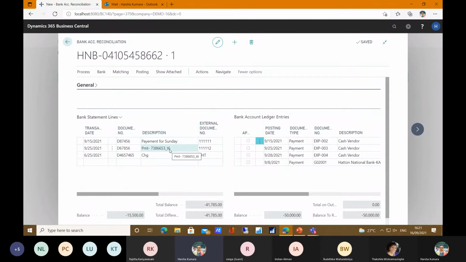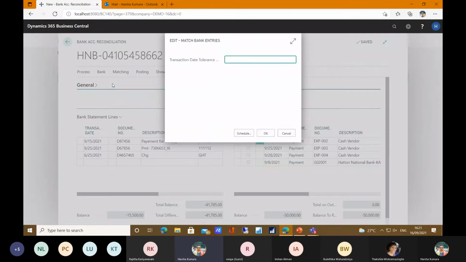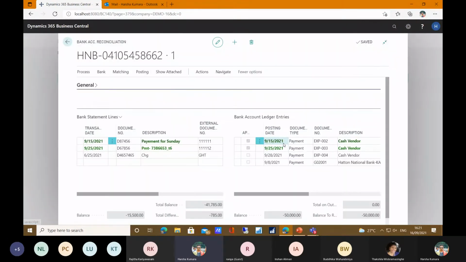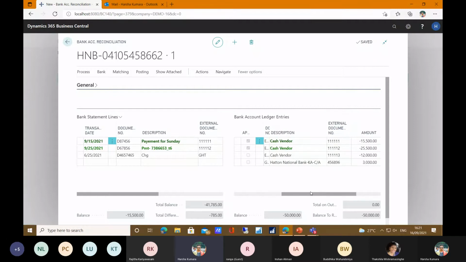Once you have imported the bank statement, we can see a button called match automatically. We have to click that one. Then the system will match your bank statement lines with your cash book lines automatically using the function in the backend, and show you the unmatched lines. We can see one payment is missing on the bank side, and one deposit is also missing on the bank side. It means your issued check has not yet been presented by the vendor, and your deposited funds have not been realized at the end of the month from your customers.